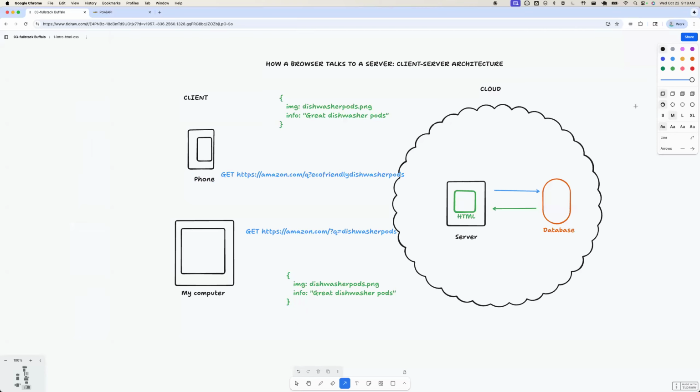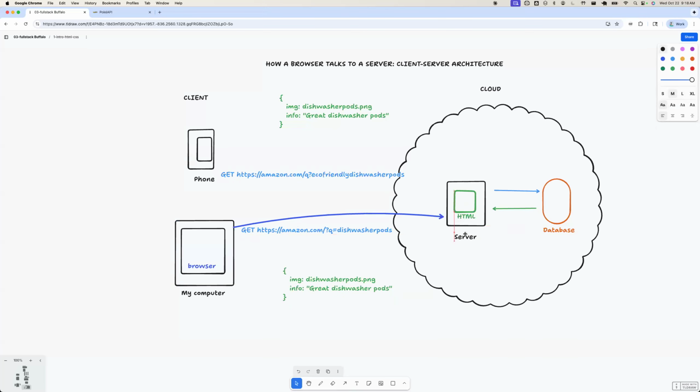Just to refresh ourselves, I could be on my computer, on my browser, and I want to talk to Amazon and look up dishwasher pods. And my browser is going to make an HTTP request to Amazon's server,